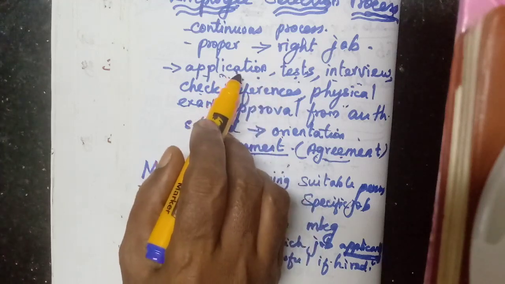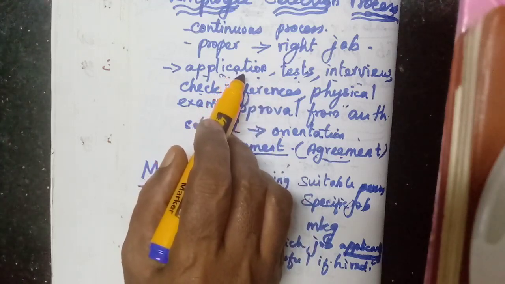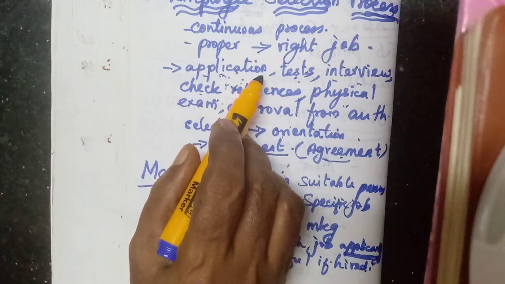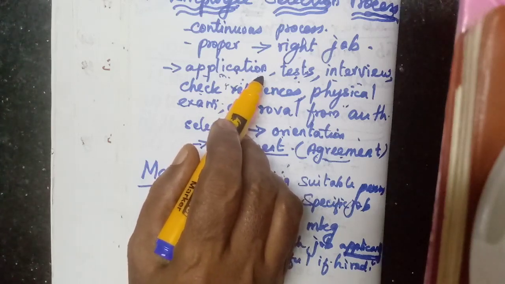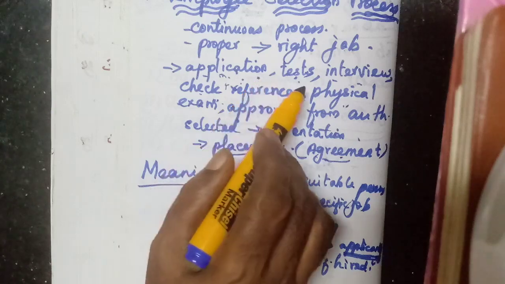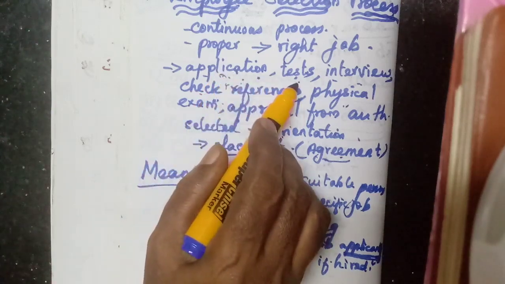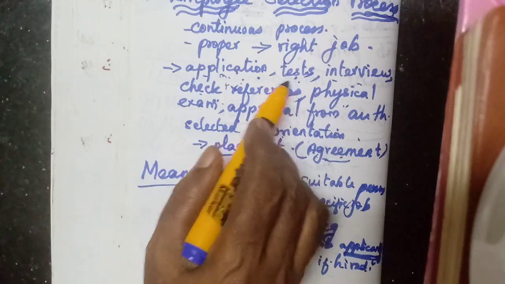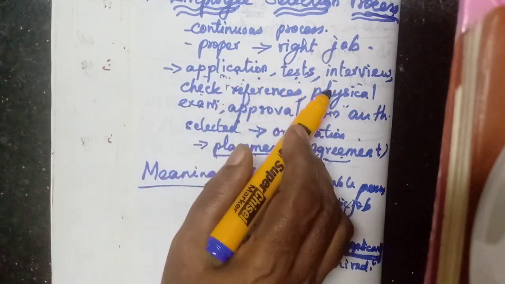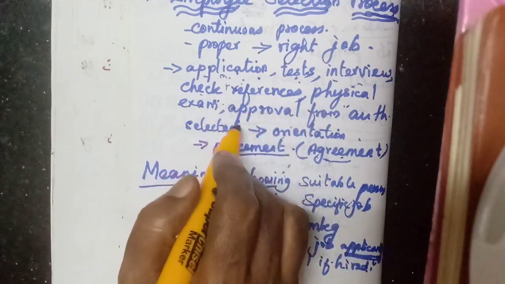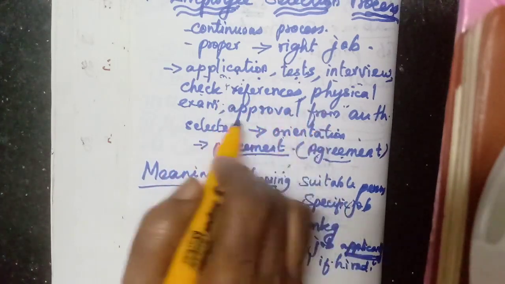They have to advertise their want of employees in any newspaper or any magazine. Then they will receive many applications, then they will conduct a test for the ones whom they like. Then the interview will be there, checking references, then physical examination, then the approval should be got from the authorities,